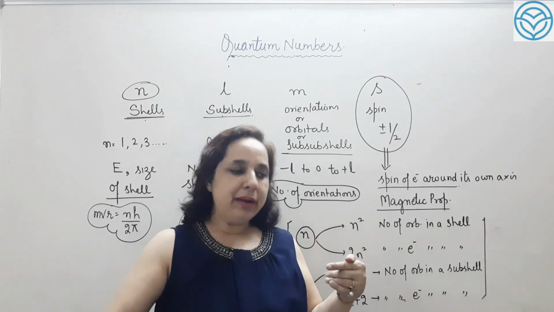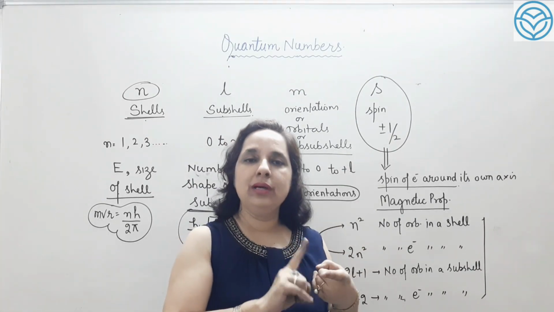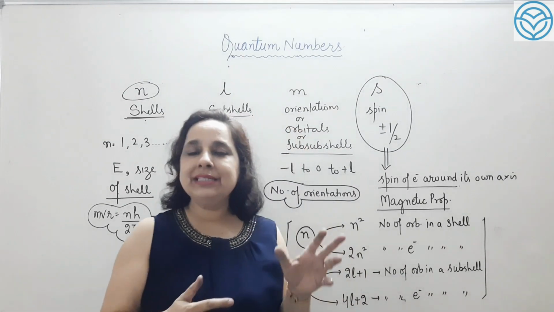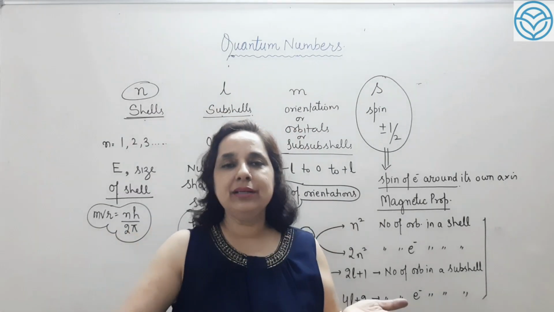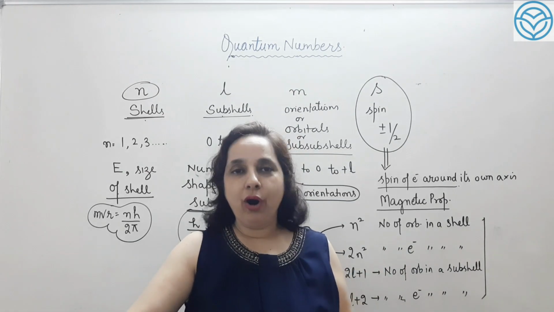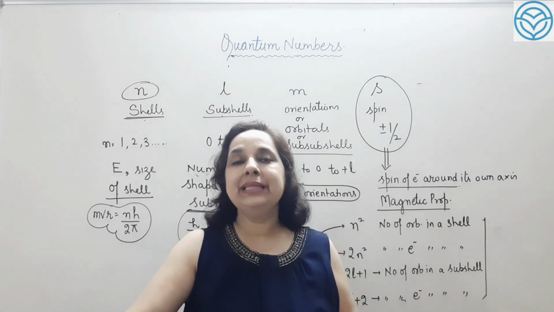Thus, you must remember what is the principal quantum number, angular, magnetic and spin quantum number, how we can use these quantum numbers. These quantum numbers are important to understand the electronic configuration of an element. That we'll do in the next coming video.